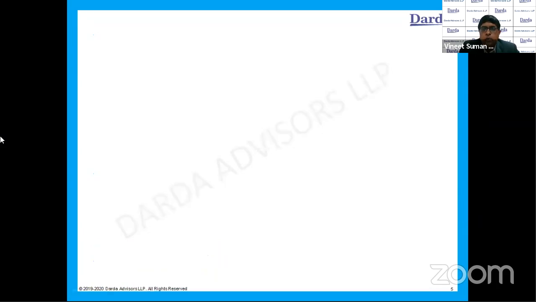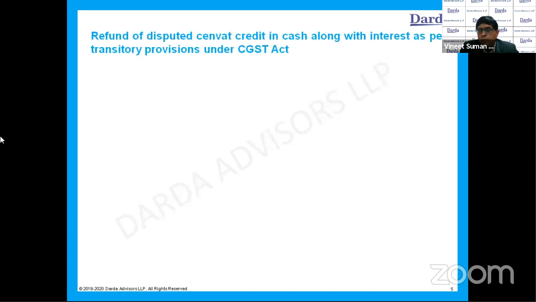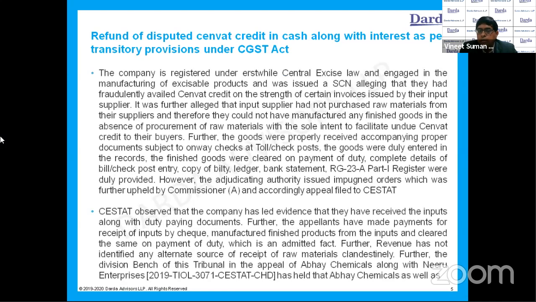Now we will move to the next ruling, which is again a very relevant ruling if you see it from a transitional provision perspective. Yeah, now we are in the 4th year of GST. But still the aspects in relation to transitional credit or other provisions still prevail. And people who are stuck in multiple rulings and did not take the Sabka Vishwas Legacy Dispute Resolution Scheme, SVLDRS, and still their cases are pending at various courts or tribunals, may consider this a very interesting case where the authority alleged